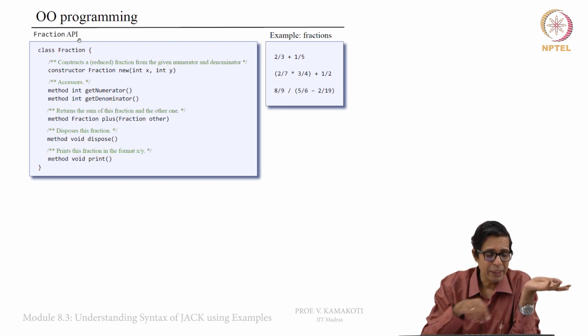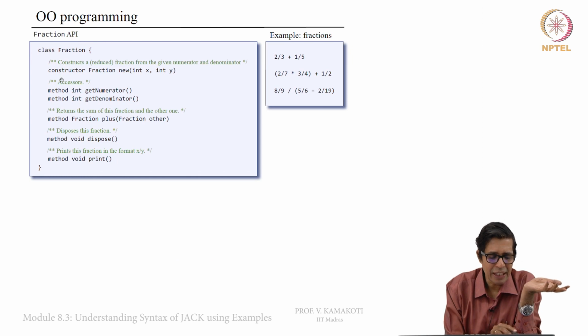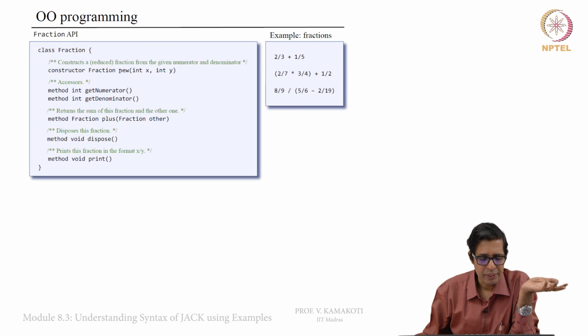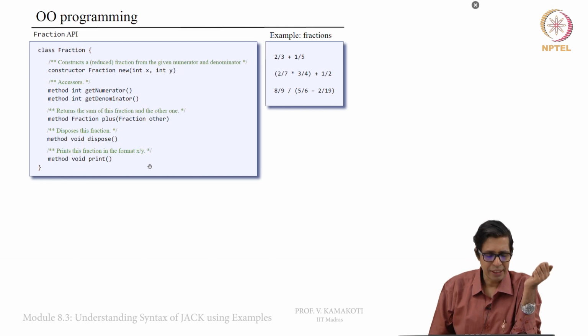So the moment I say class fraction, there will be a constructor for this class fraction, as you see here. I am moving the mouse on top of it, and then there will be a new. So always every class XXX will have constructor XXX followed by new, okay. And this constructor function needs two integers, int x and int y, one for the numerator and another for the denominator, okay, right. So there is a constructor function.